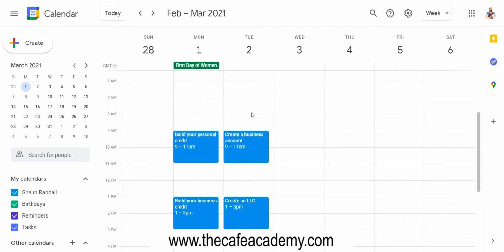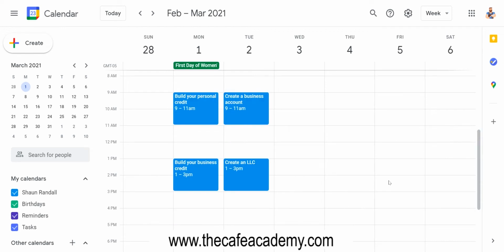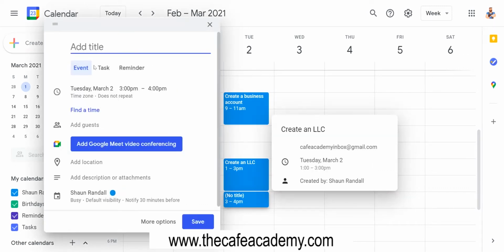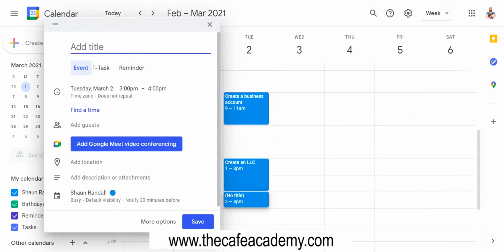Alrighty. So what are some other things you might need to do? Well, while you're creating an LLC, how about we do a little overtime, right? So once you create your LLC, let's make it from 3 to 5. I'm going to do a little overtime for you on Tuesday. You're also going to need to get articles of organization. Alrighty. So get articles of organization.